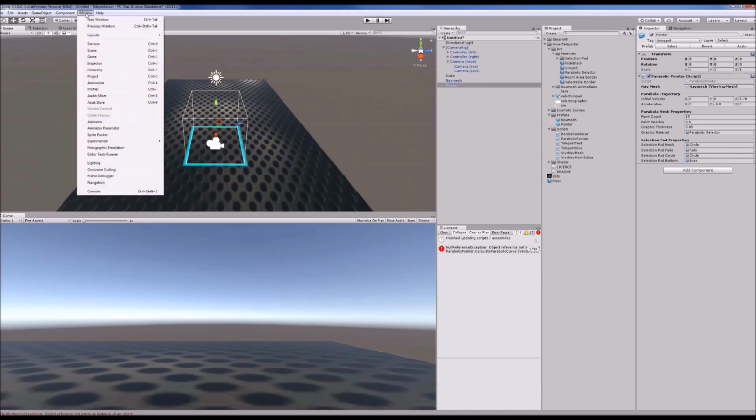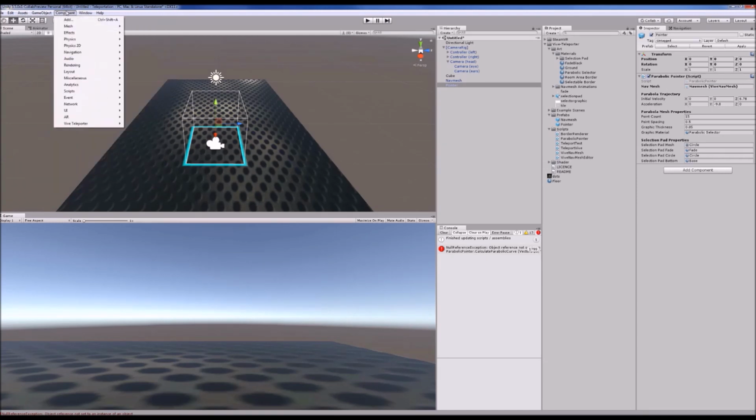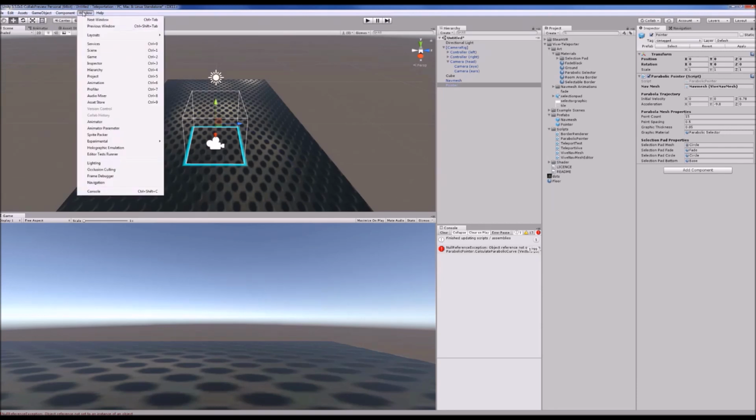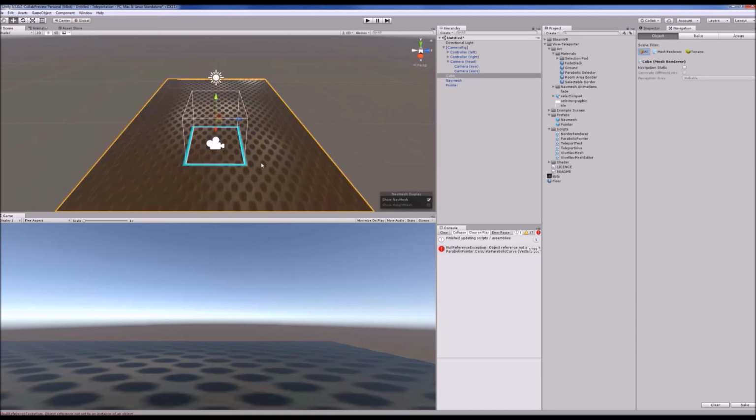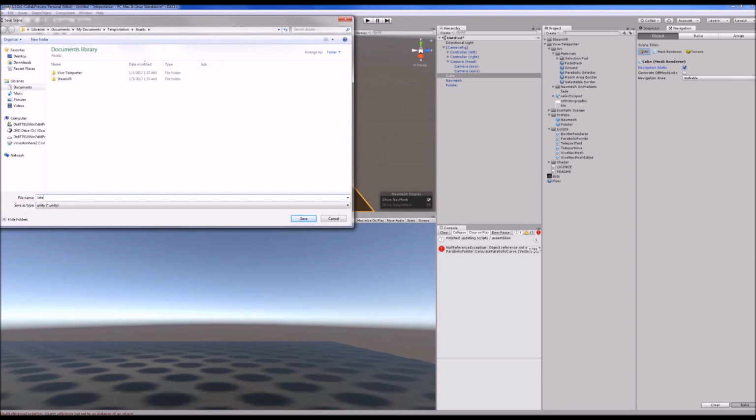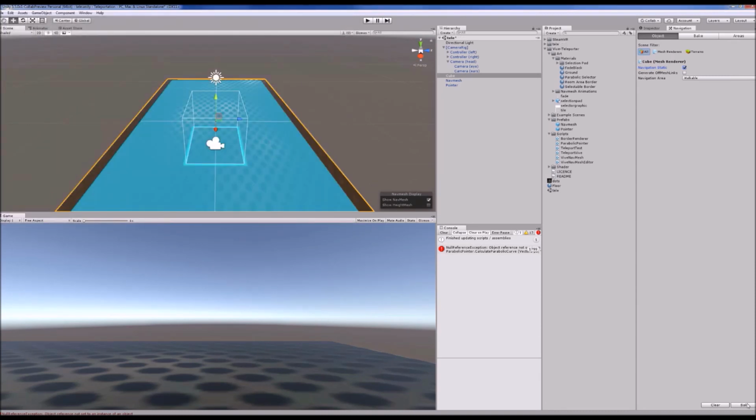Now you want to go to window and you want to go to navigation. Right here. Now you want to select your mesh and you want to come here and select navigation static, and right here on the right hand corner you want to select bake. Now let's save the scene first, and let's call this Tele. And once you've baked it,